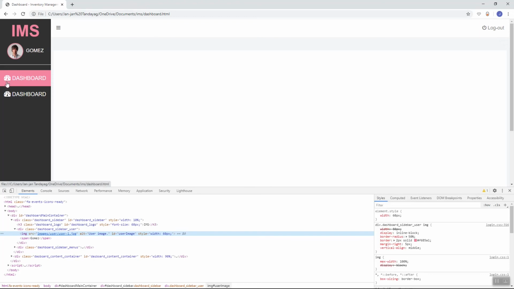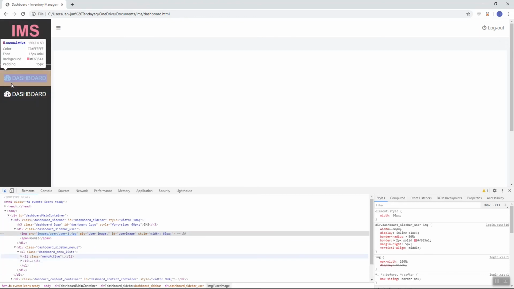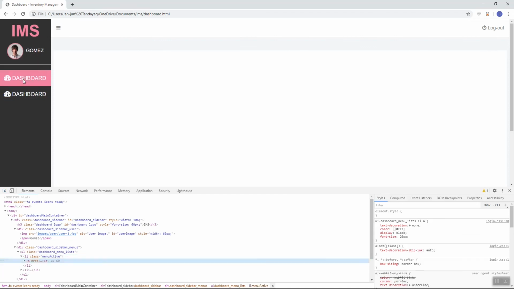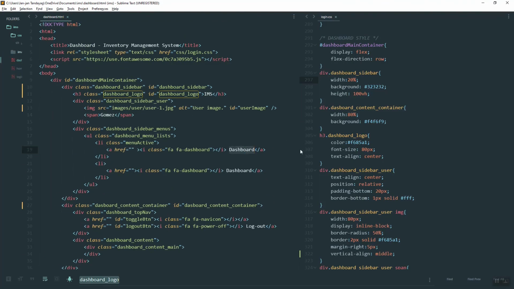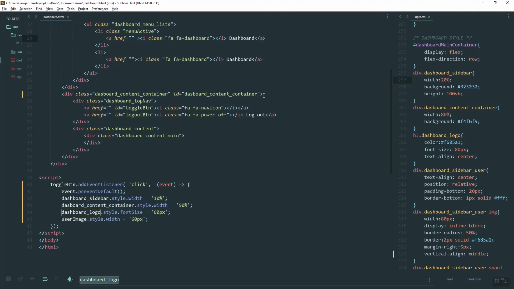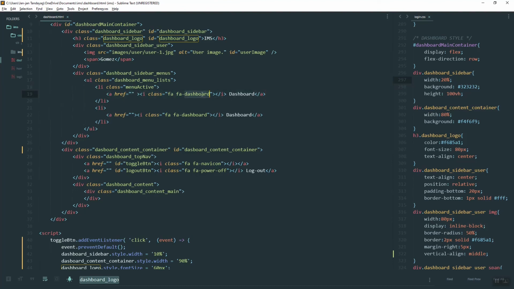Now here for our link or the menus, we can just remove the text or height and then make them center. So since we cannot directly remove or target the A tag without removing the icons, so for this one, once we remove or set the display to none of this A tag, it will also remove the icons. So for this one, we need